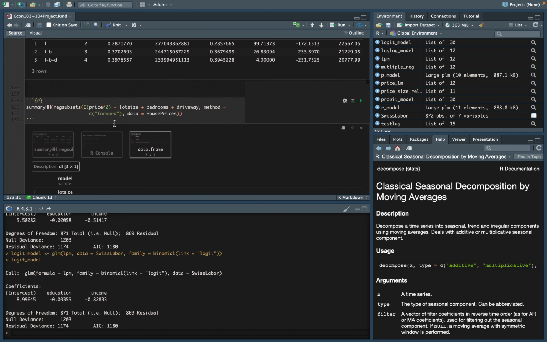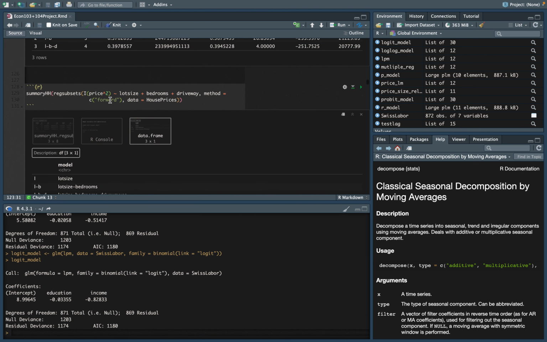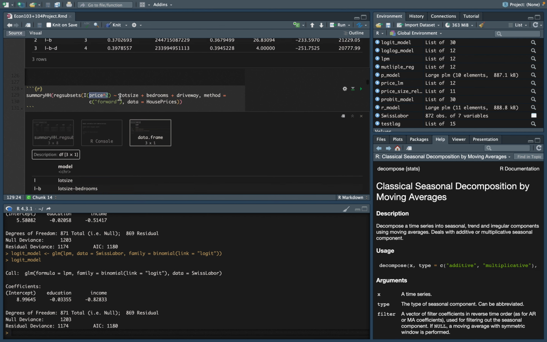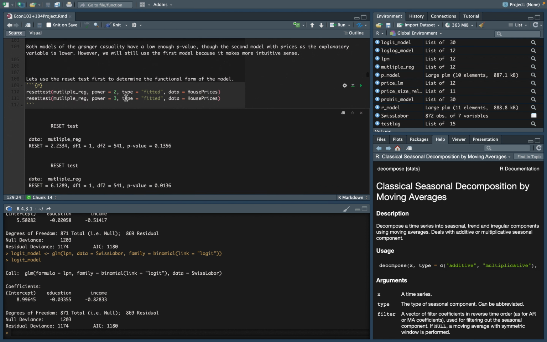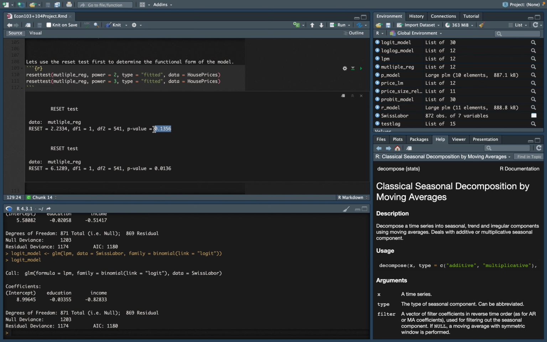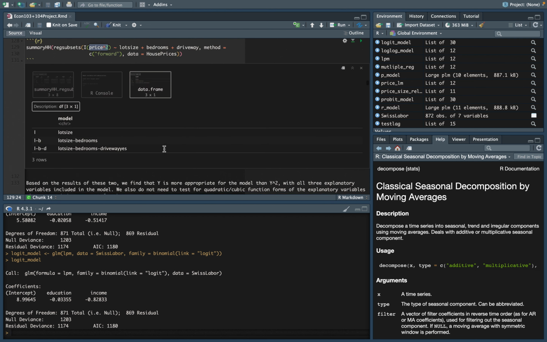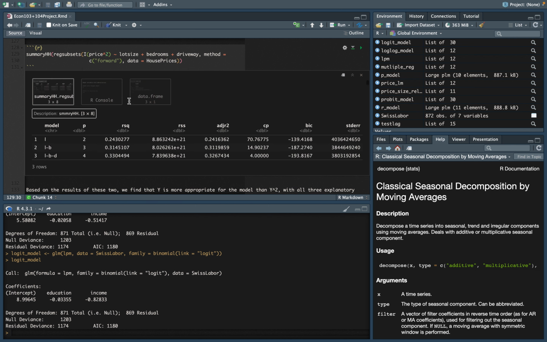but we want to know if we have to put price to the exponent of 2, because what we figured out here is that when we reset test using the fitted for the functional form of y, the reset test actually passed. It didn't go under the 0.05 threshold, so we want to try squaring the price by 2,